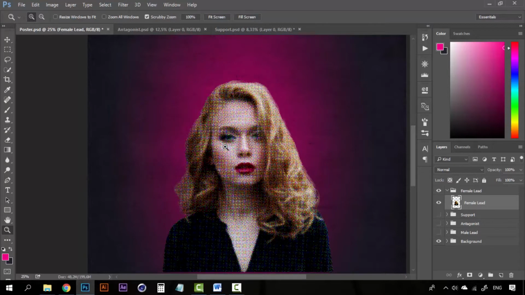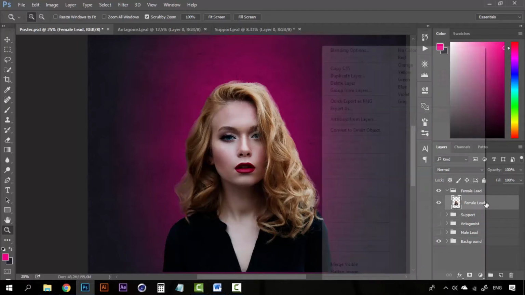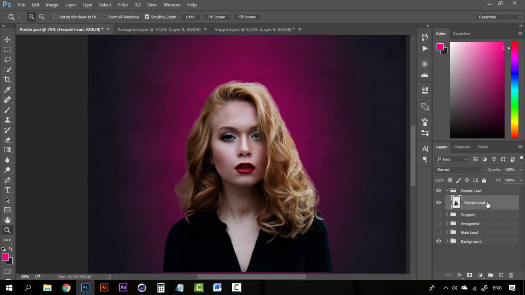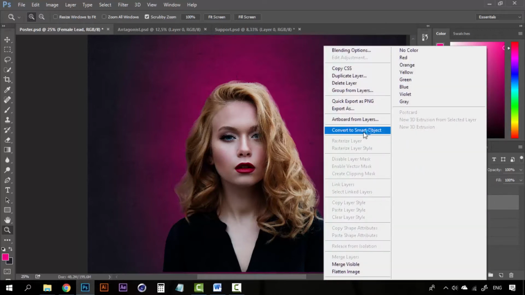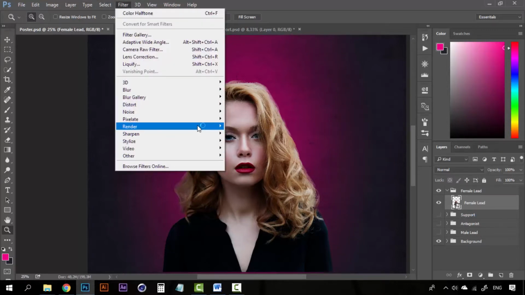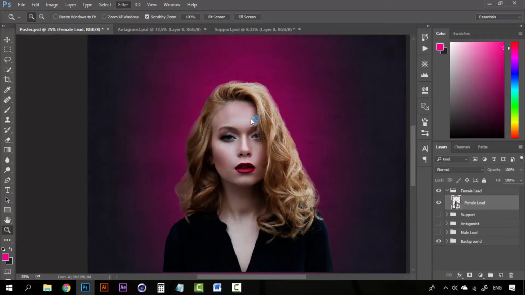Right now you can see that if I apply this filter, I have no way of turning back other than going and pressing Ctrl Z. But if I convert this to a smart object by right clicking and select convert to smart object, you can see that this is a smart object now. Now if I select filter and color halftone,